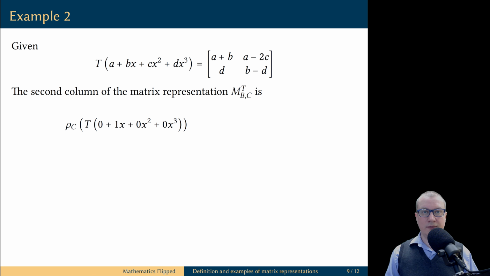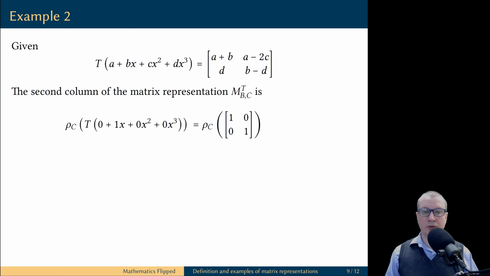For the second column, we repeat the same process, but now for the second vector in the basis B, which is polynomial x. This polynomial corresponds to the coefficient B being equal to 1 and coefficients A, C, and D being equal to 0.